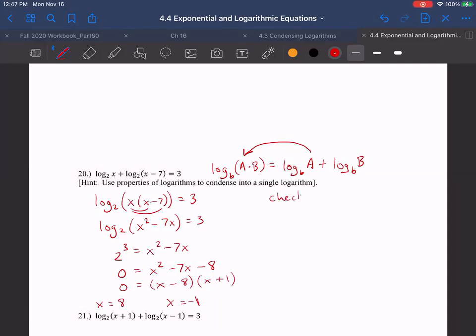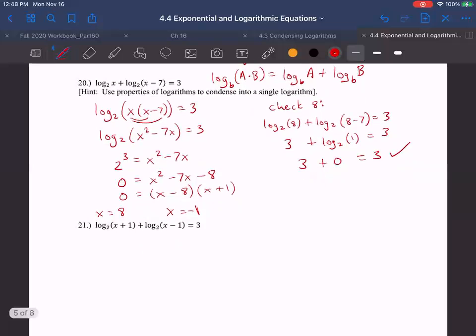So let's check 8. We plug that in. We get log base 2 of 8 plus log base 2 of 8 minus 7 equals 3. Log base 2 of 8, well, 2 to the third power is 8, so that's just a 3. And then this becomes log base 2 of 1. And so we ask ourselves, 2 to the what power equals 1? And that turns out to be 2 to the 0. So we end up with 3 plus 0 equals 3, and that works. So 8 worked. What we need to do next is check